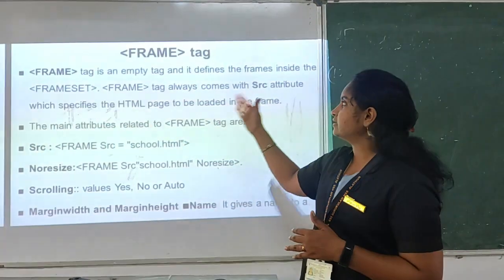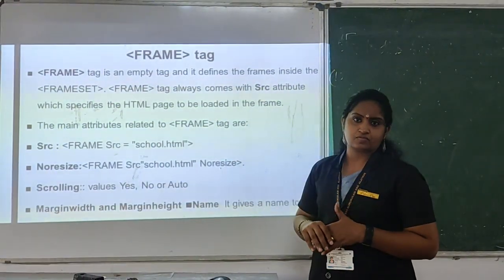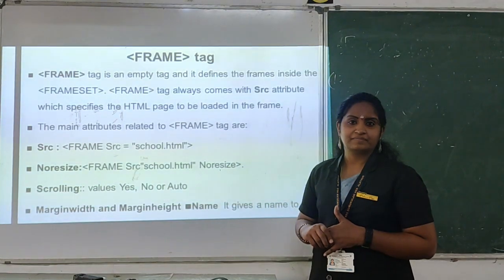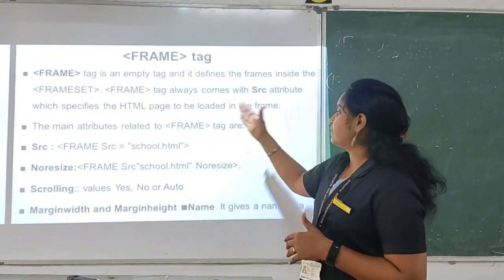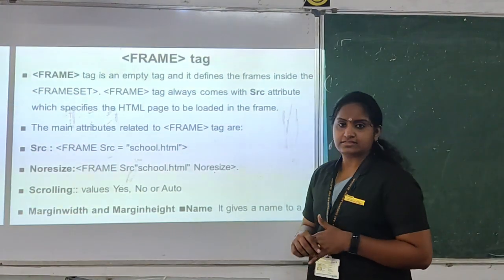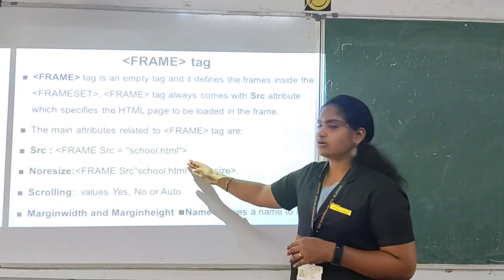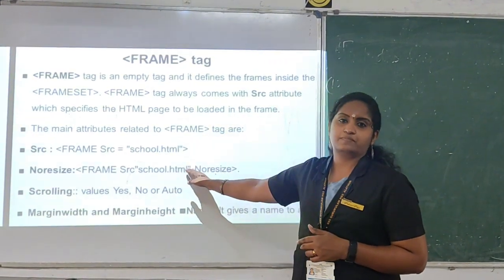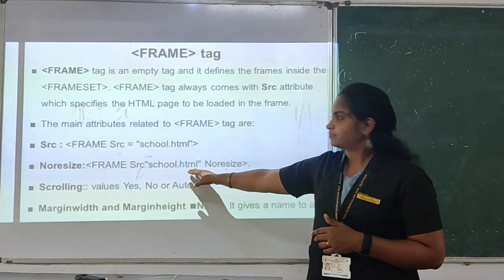For that we use the frame tag. The frame tag is an empty tag. What is an empty tag? Yes, it only has the opening tag, right? Its main attribute is src, that is source, which identifies and lets us include the web pages within the frame. Okay, we'll show you.